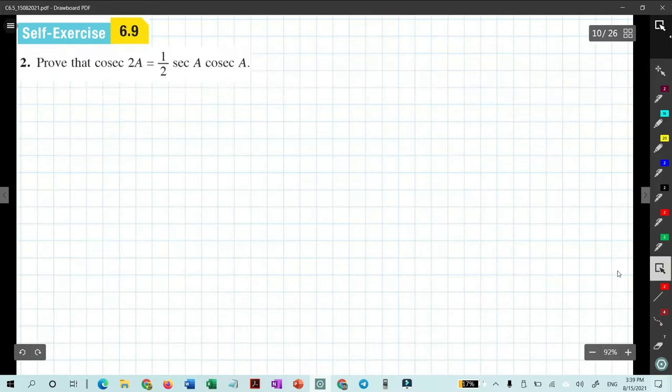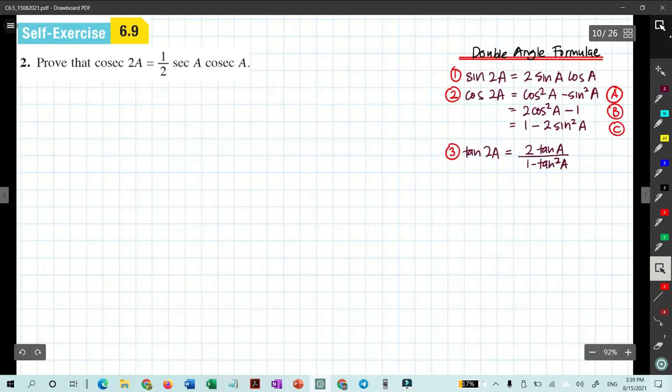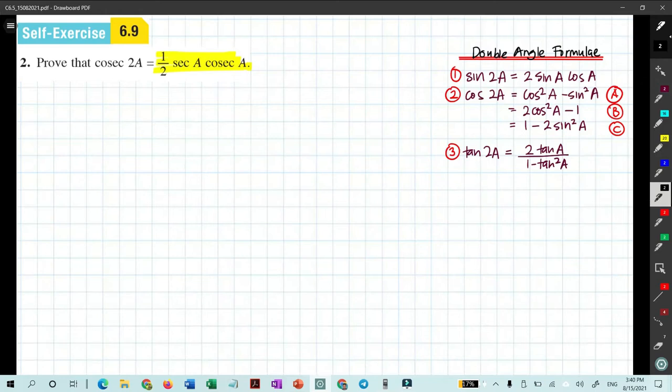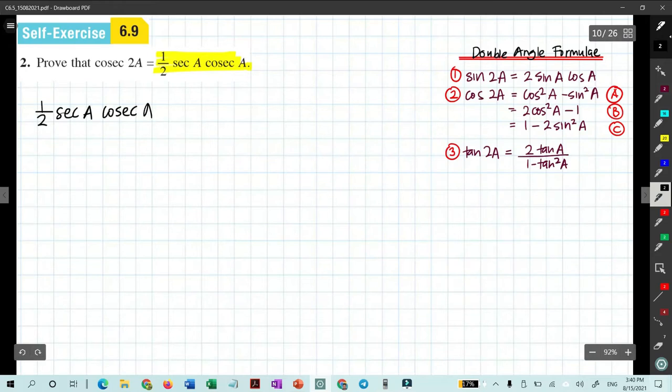Okay, now let's look at question number 2. Prove that cosecant 2a equals to 1 over 2 secant a cosecant a. So let's recall the double angle formulas. And first thing, we look at the complicated part. It's actually located on the right hand side of the equation. So I'm going to take the right hand side, which is 1 over 2 secant a cosecant a,